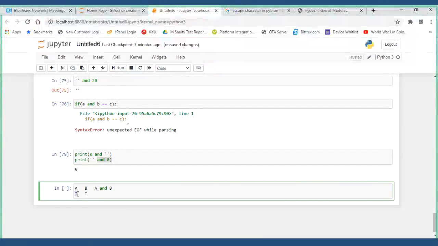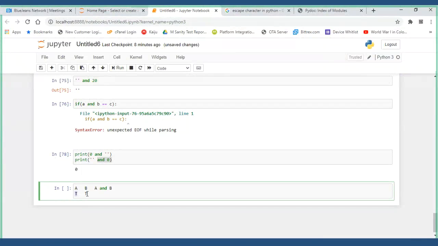When can you say a value is true or false? If it is like 0 or an empty string, then it is false. All the remaining things, like 100, 10,000, any value, or any string, a single letter or multiple letters, are all called true. Just consider what is true and what is false. True means anything. False means either 0 or empty string. Now, A and B are true.